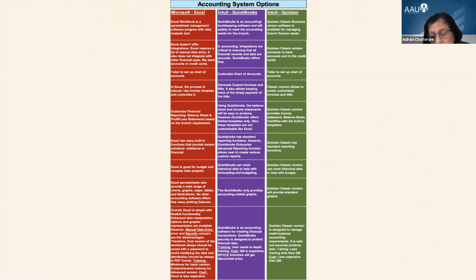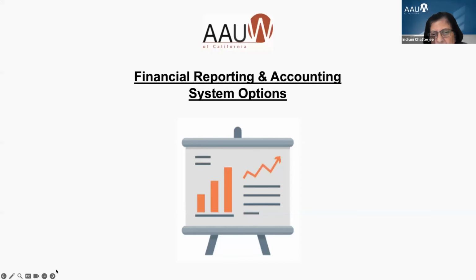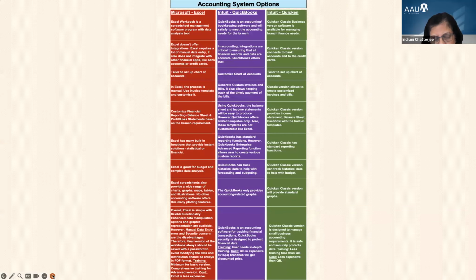Excel has one very good thing that I find better than any financial software, because it has a wide range of chart, graph, table, and illustration capability that no other accounting software can provide you. And that's why Excel is one way. Excel has some